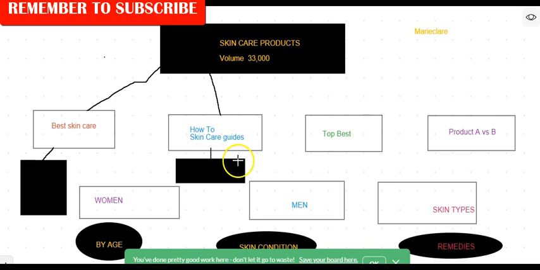Not only that, we also make sure that these are connected to these guys, and these guys are connected to these articles, and these articles are connected to that, and these articles are connected to that. Now, if you look at these articles, what we normally do is we pick at least